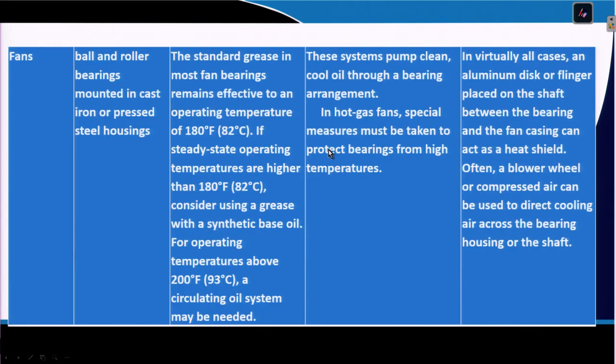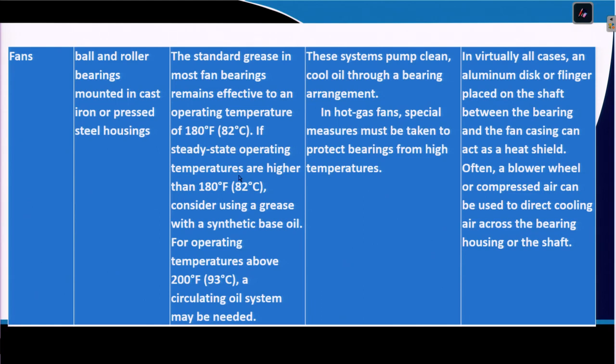get damaged. So, similarly for the fans, you have in the mine a number of fans, and the most important is the mine fan, where we are having a big axial flow fan. There the bearings are very important. You can see mostly ball and roller type bearings are used, and they use standard grease for most of the fan bearings. Even in our domestic fans, if you touch a fan's bearing zone, you can find it very hot. Sometimes it can go up to 80 degrees, 82 degrees like that.